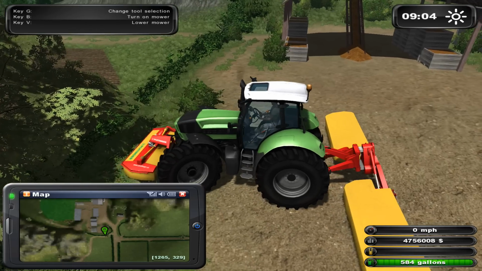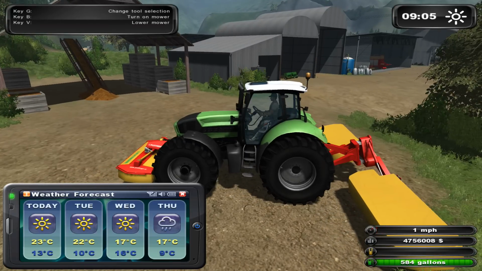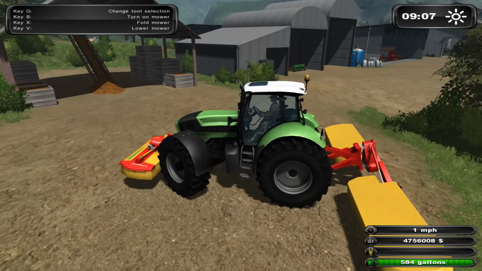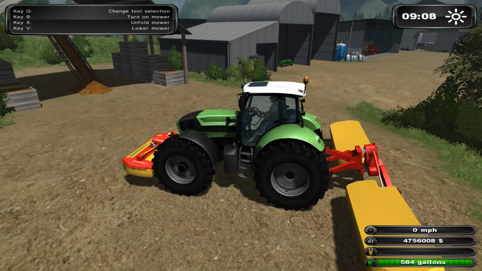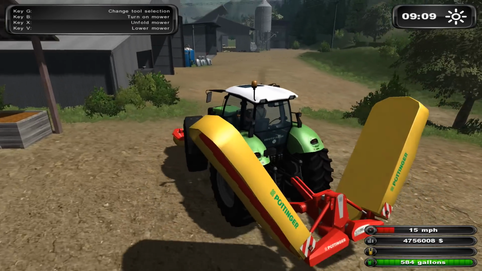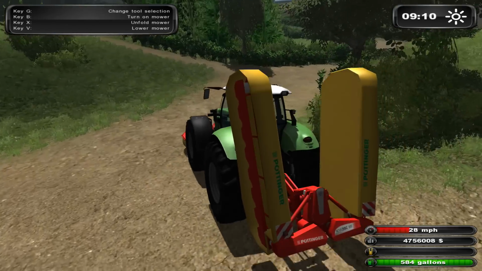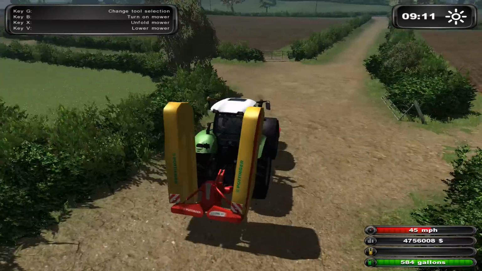So let's go ahead, and I don't want to lower the mower. I want to raise it. So the funny thing is, I don't know if you can tell. Lower, full. Yeah, there we go. I don't know if you can tell or not, but I'm actually switching between the implements. You just can't tell. It just doesn't have the icons that it has in 2015, for example. You just kind of have to guess. You can actually tell by